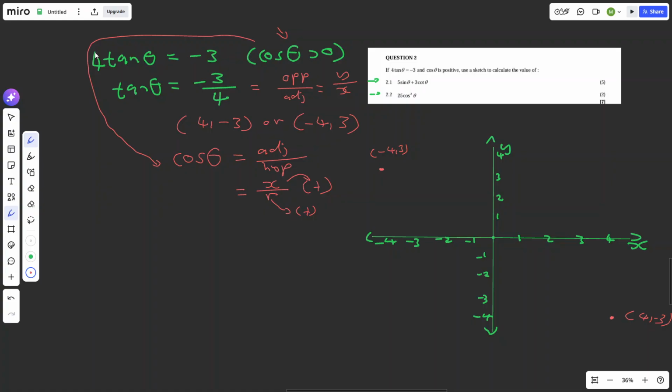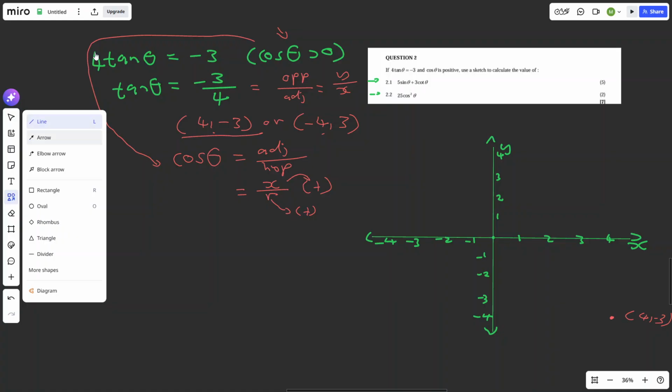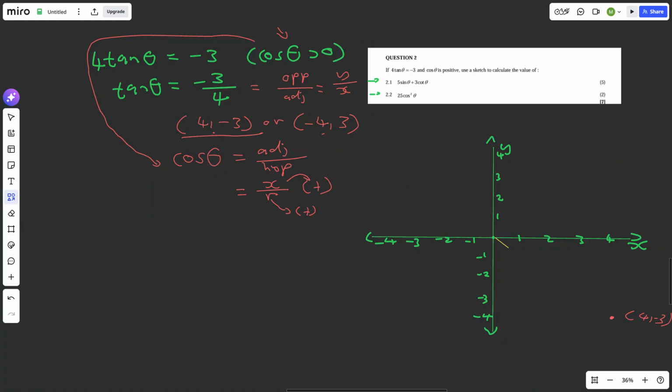So what does that mean? What this means is that between these two coordinates, the one that we're going to choose is this one here, because x is positive. So we'll discard this point here and go with the other point. So the other point is this one here. Okay,